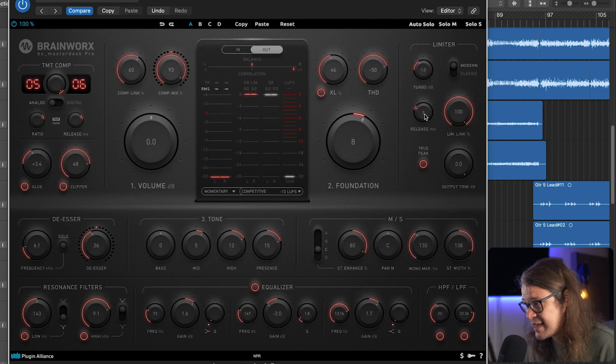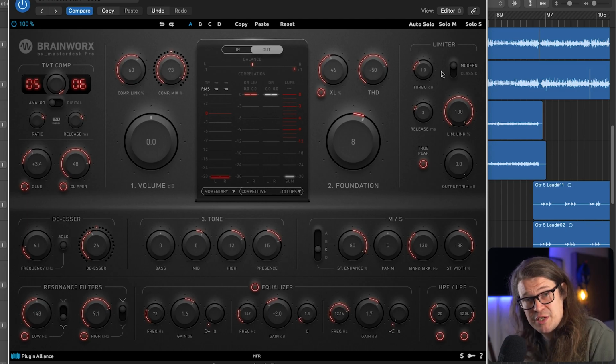And we've got a release section for the limiter as well, so you can bring that down from very fast 3 milliseconds, or you can bring it all the way up to 100 milliseconds. You can make it slightly gentler on the release. And then the modern and classic are going to work on the other end. So this is to do with the attack. The modern is going to be a really fast attack on the limiter, and the classic is going to be slightly slower. But within that limiter, you've got much of the functionality you know and love from BX Limiter